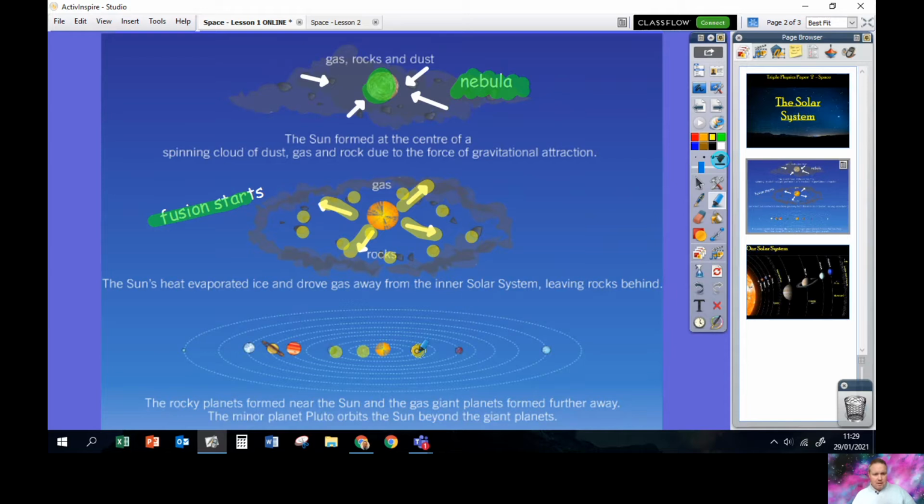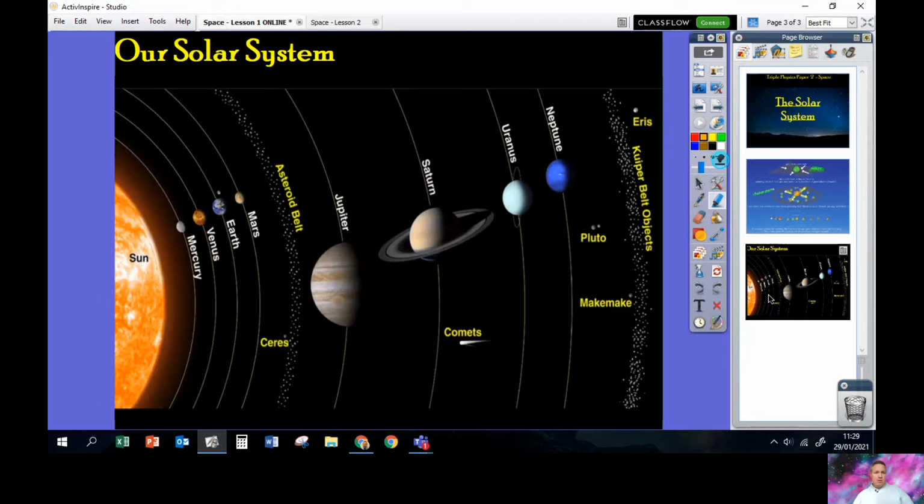Rocky, denser objects nearer the sun, more gas, less dense objects further away from the sun, and we end up with our solar system. And you're like, yep, absolutely nailed it, sir. There's our sun. We've got our rocky planets, Mercury, Venus, Earth, and Mars near the sun. We've got leftover rocky bits which didn't quite make it into forming a planet. And then we've got our big gas planets further away from the sun, Jupiter, Saturn, Uranus, and Neptune